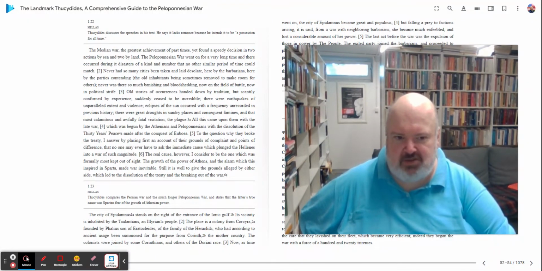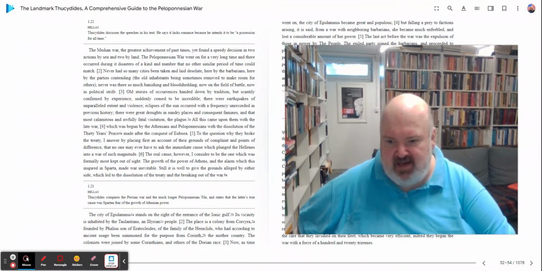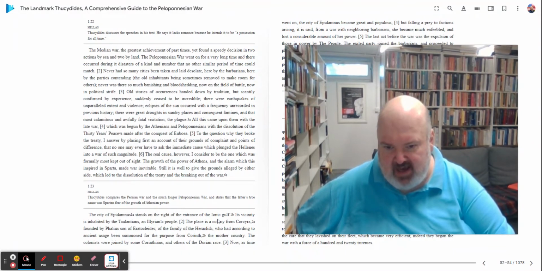Now, 24. The city of Epidamnus stands on the right of the entrance of the Ionic Gulf. Its vicinity is inhabited by